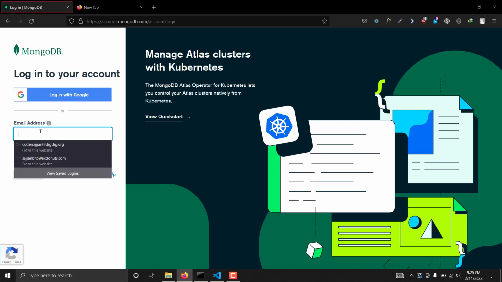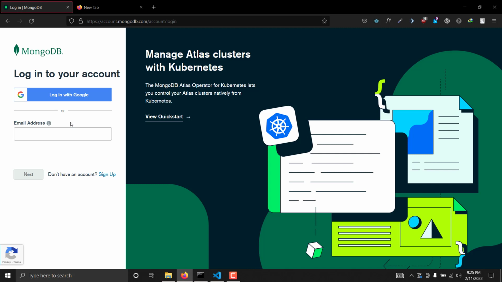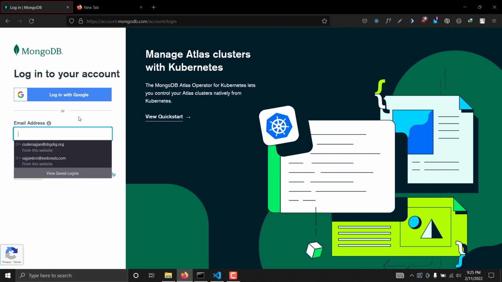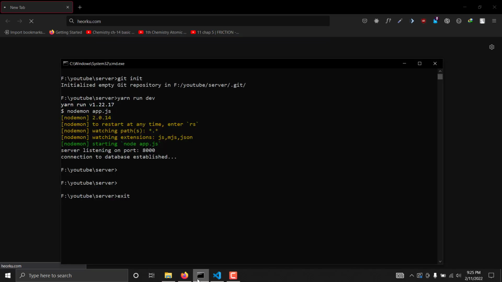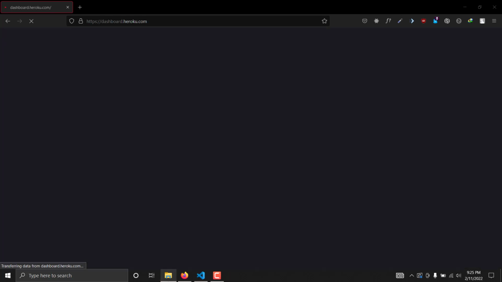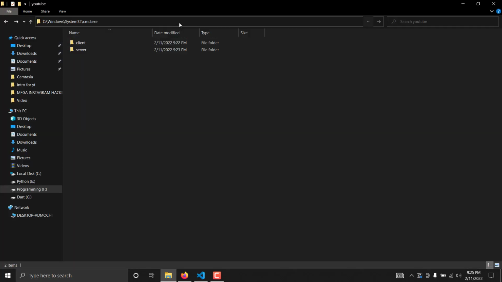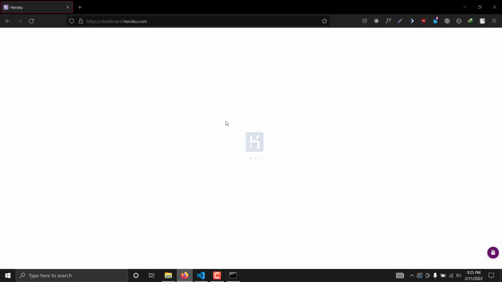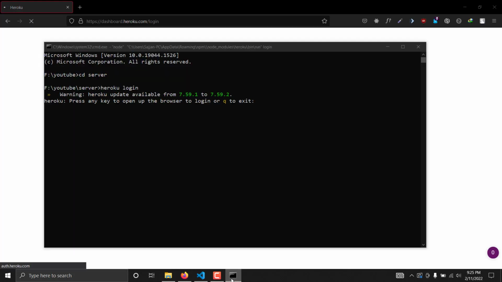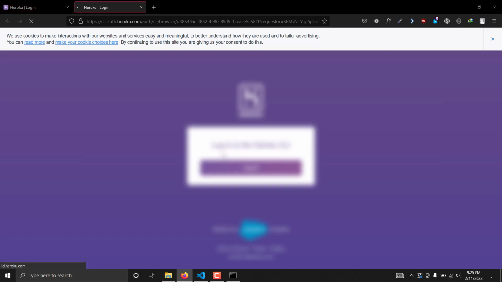Go ahead in this website and log in, and when you create a database, it will give you a URL. Now we'll go to Heroku. I'll go to this server and write heroku login. This will open a browser tab that will log us into our account. If I click here, login,